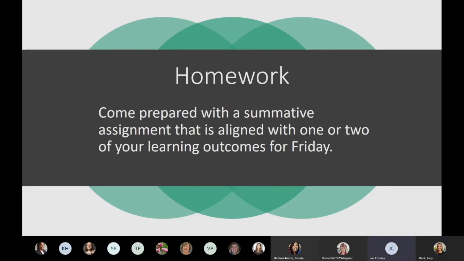For the summative assessments, are you looking for them to be relative to a weekly learning outcome or a whole course-wide learning outcome? Yeah, we're thinking more of those larger, big assessment pieces. So more of how you're going to be assessing a course level outcome or outcomes. Maybe you have a big piece that you use or a larger project where you tie in a couple different outcomes. So we're looking for those big pieces. You can use what we talk about at the module level, but we're framing it around those larger pieces. Okay, great.